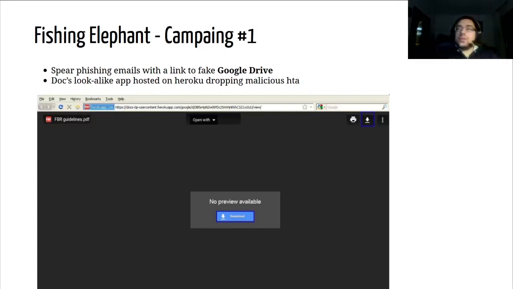It was spearphishing emails with a fake link to a fake Google Drive, and under this link, docs-dash-op whatever, they hosted a simple HTML file that looked like a Google Drive download site, and if the user clicked download, they would be redirected to an HTA script